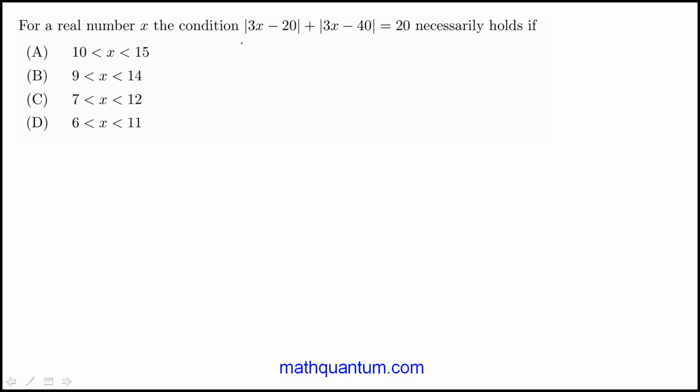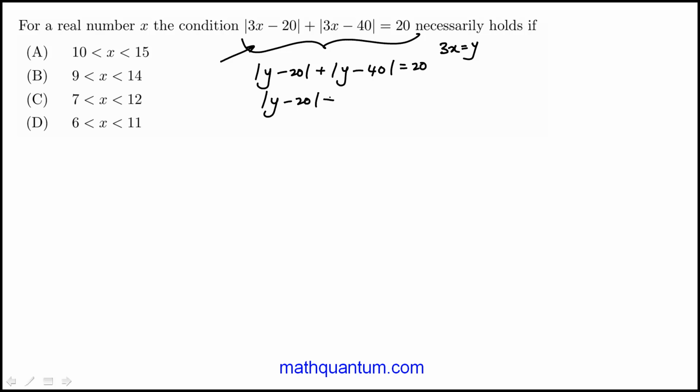So I've seen enough of these questions that I immediately recognize where they're heading with this. For example, if you just call 3x is y, then this is our equation. And if I were to rewrite this as absolute value of y minus 20 plus absolute value of 40 minus y,